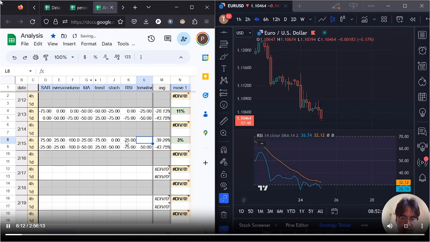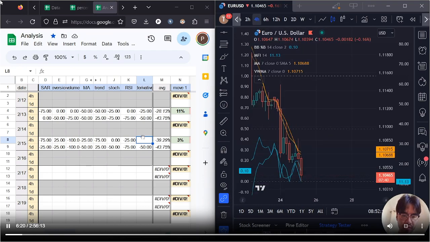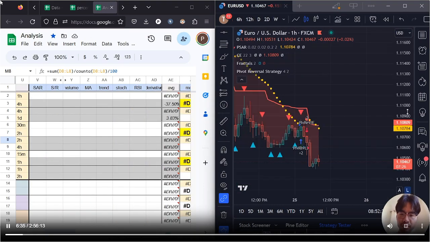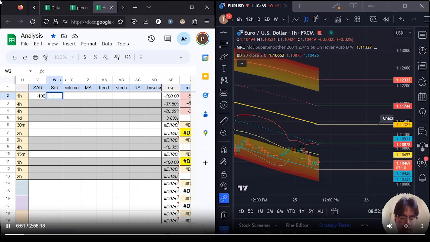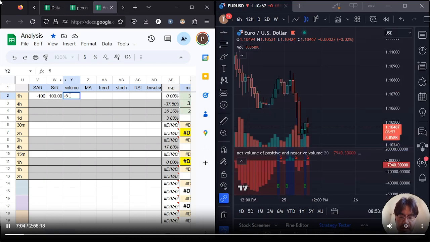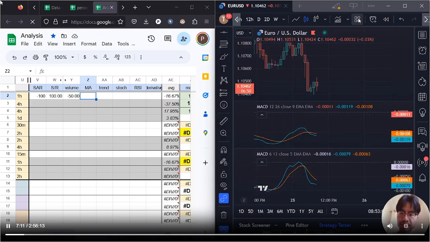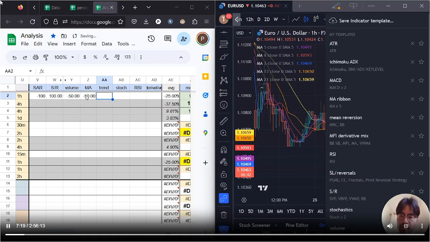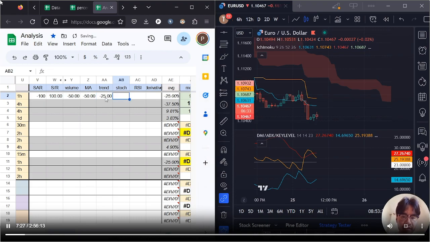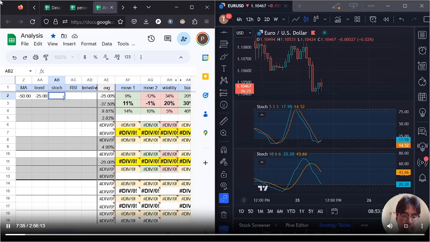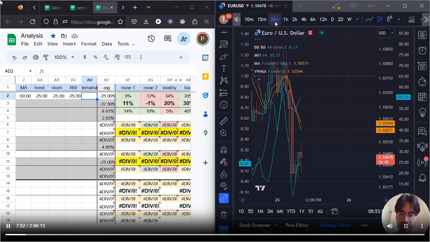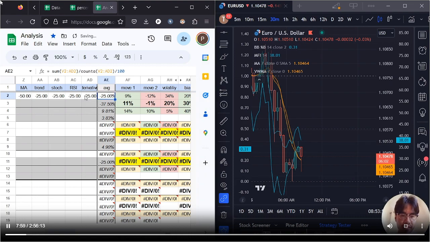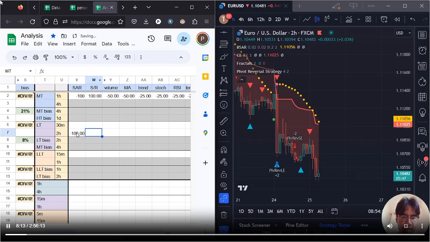RSI minus 25, derivative we'll say minus 25, and 1 hour we see minus 100, mean reversion we could say 100 here, volume minus 50, MACD we could say minus 50, trend minus 25, stochastics minus 25, RSI at minus 25, derivative we'll also say minus 25. For the 2 hour minus 100